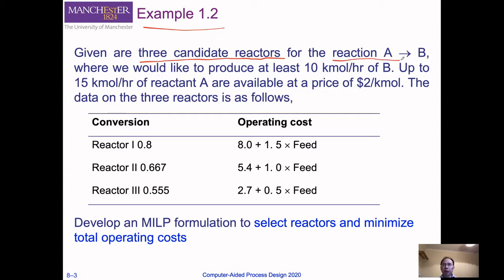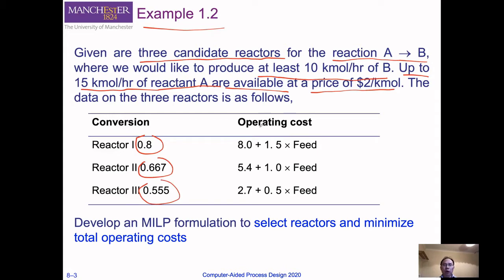The reaction is use A to produce B, and the minimum productivity of B is 10 kmol per hour, and up to 15 kmol per hour of reactant A are available, and the price of A is about $2 per kilomole. We are also given the conversion in each reactor,